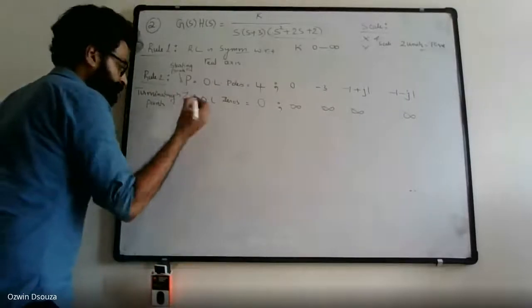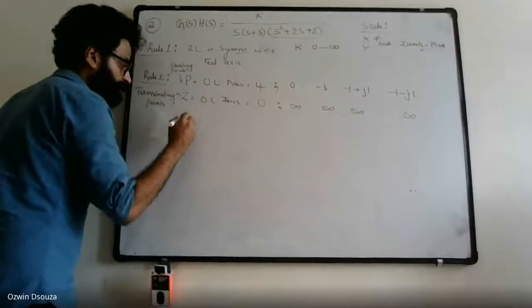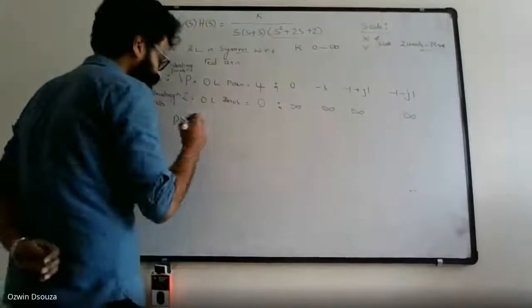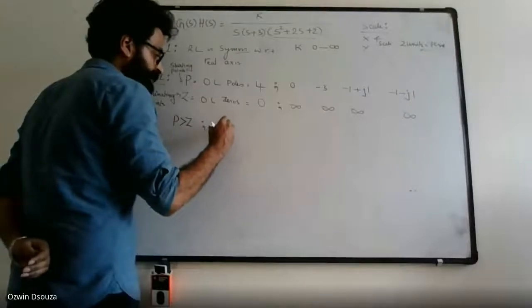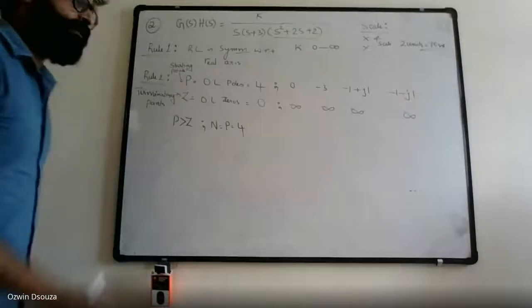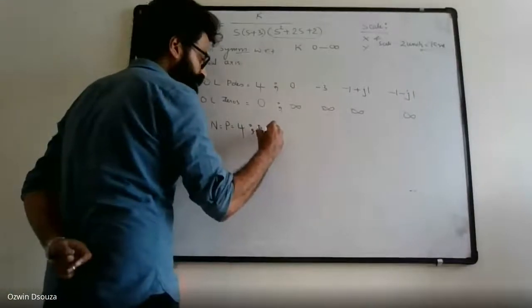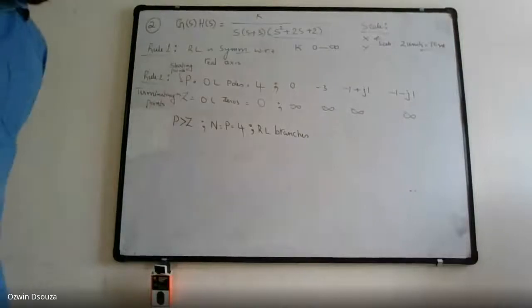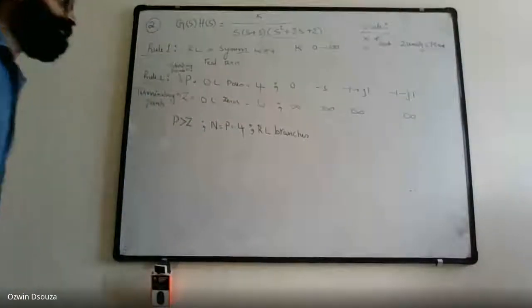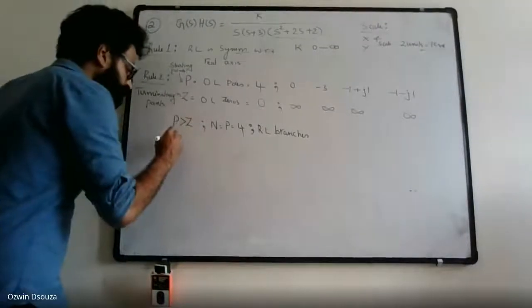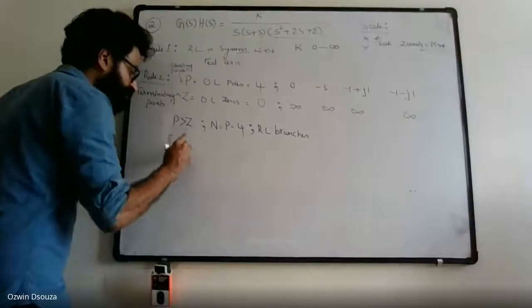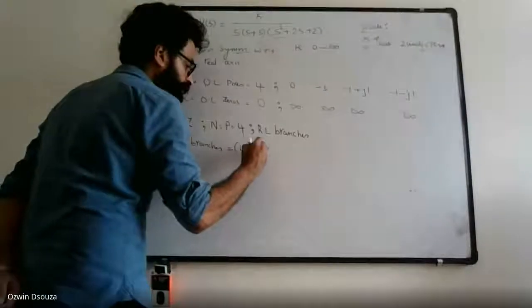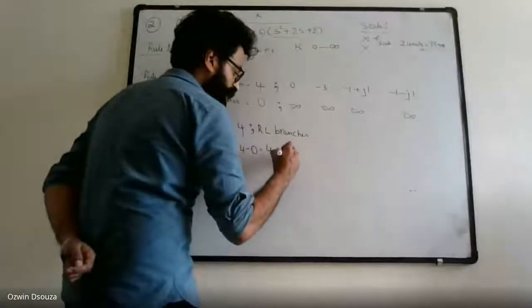Next, you can compare P with Z. P count is 4, Z count is 0. So P is greater than Z. That implies N equals P equals 4, where N is the number of root locus branches. Since pole count is greater than zero count, P minus Z branches, that is 4 minus 0, equals 4 branches